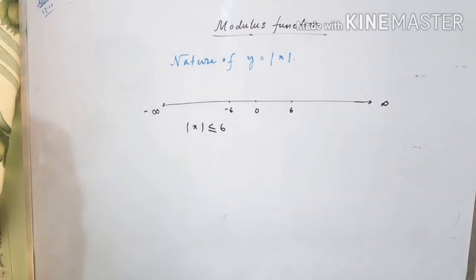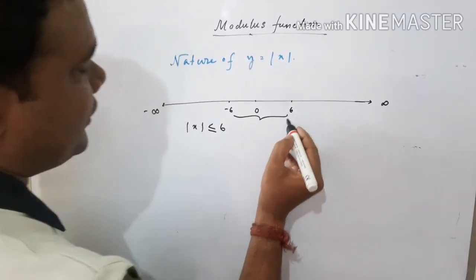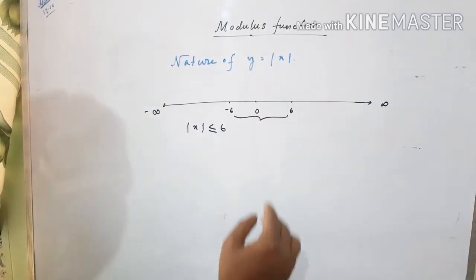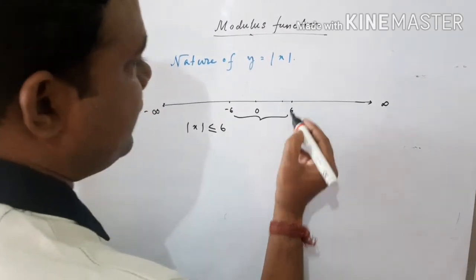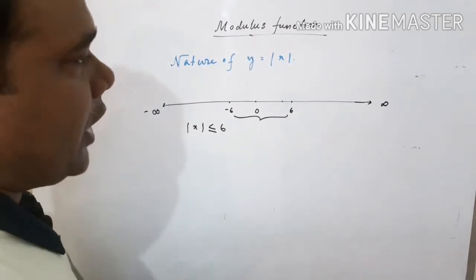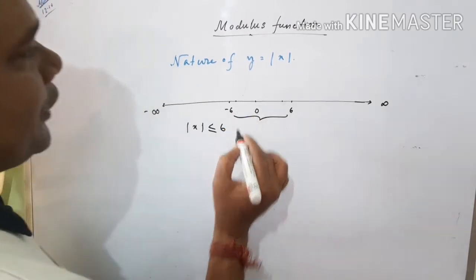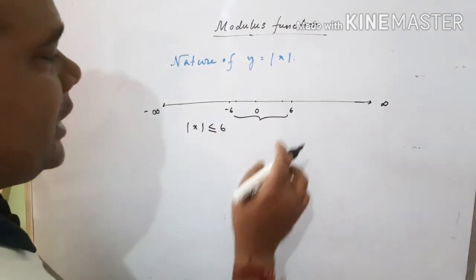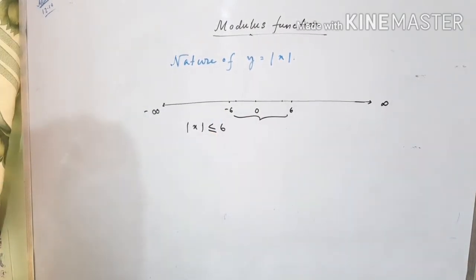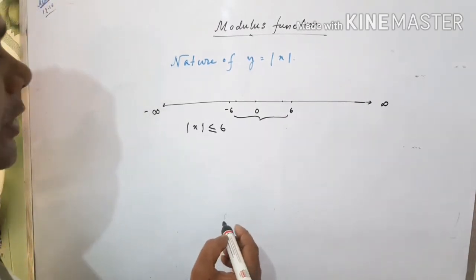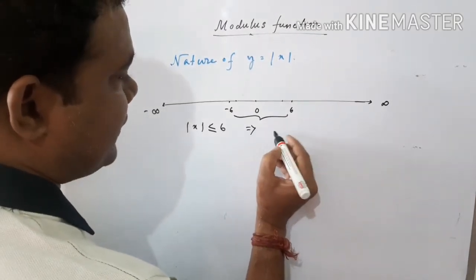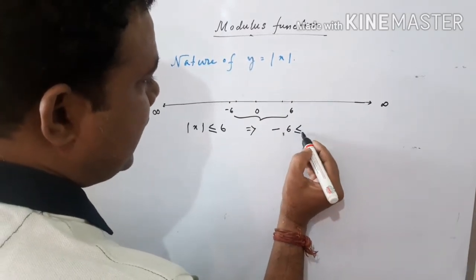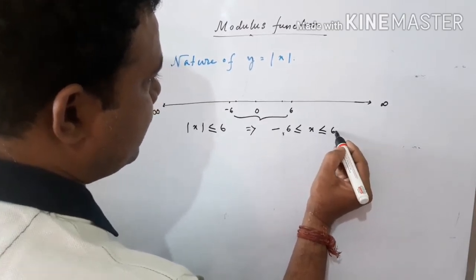If you take any value lying between minus 6 and plus 6, its mod value must be less than or equal to 6. Here is a point 5 whose mod value is 5 because 5 is positive. Here is a point minus 5 whose mod value is again 5, which is less than 6. So if you take any value lying between minus 6 and plus 6, the mod value must be less than 6. So it implies that minus 6